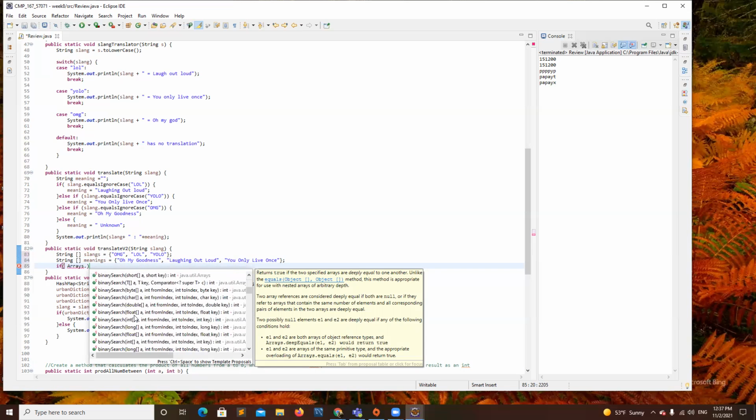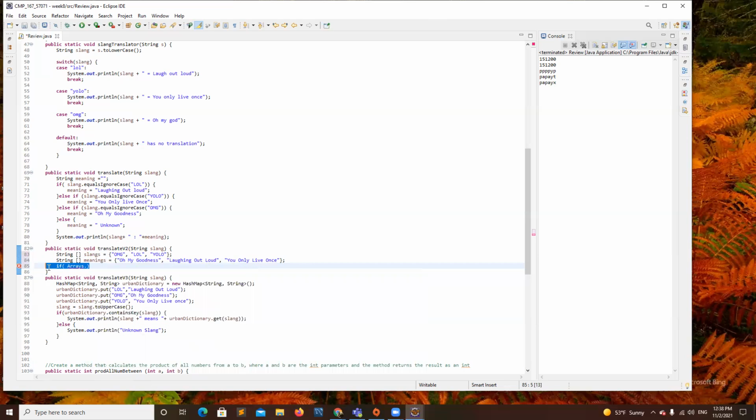You can use one of these elements to see if they match, but then I will use the for loop. So for example, you can use a for loop to check if the slang is inside. Okay, so if the slang is there.